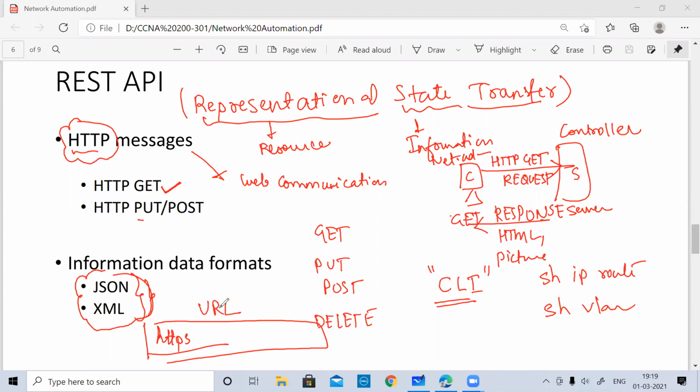So even in this case, we are going to make use of a URL to request our information, which will have HTTPS. Now in this case, you may have it followed by your IP address or the name of the host, followed by what kind of API you're using and which version you're using. There can be a lot of information. Then whether you want to get ARP information or VLAN information, which kind of database you want to access, which objects.